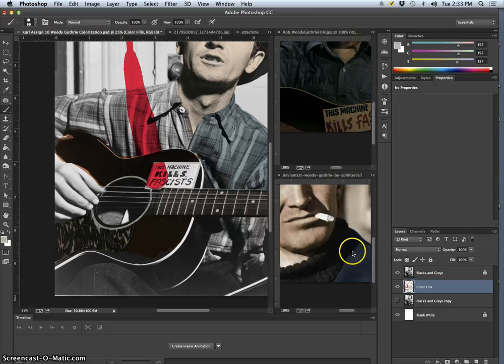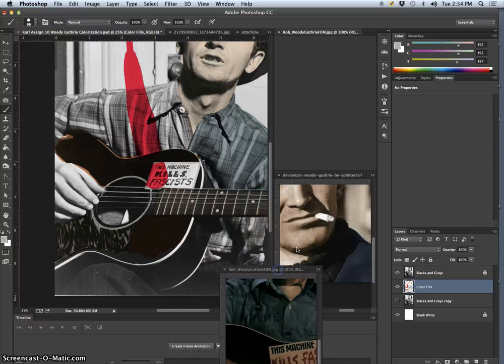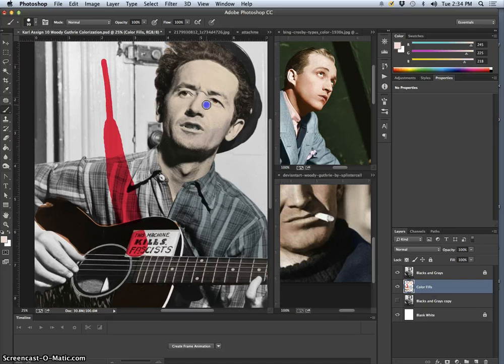Now what if you want to see more photos you can steal from? Well, then you can just start pulling them out and having them kind of float around. And you can reference them that way. And once you try out some different colors and you're not sure which ones work, like I have a pink here and the yellow and the